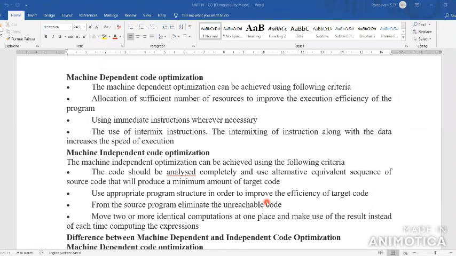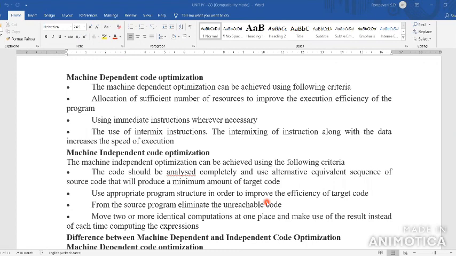To achieve machine independent optimization, you follow some specific criteria. The first criterion: the complete source code should be analyzed completely, fully, thoroughly. Then if some problem occurs in the source code, you use an alternative sequence of the source code, which will produce the minimum amount of target code.